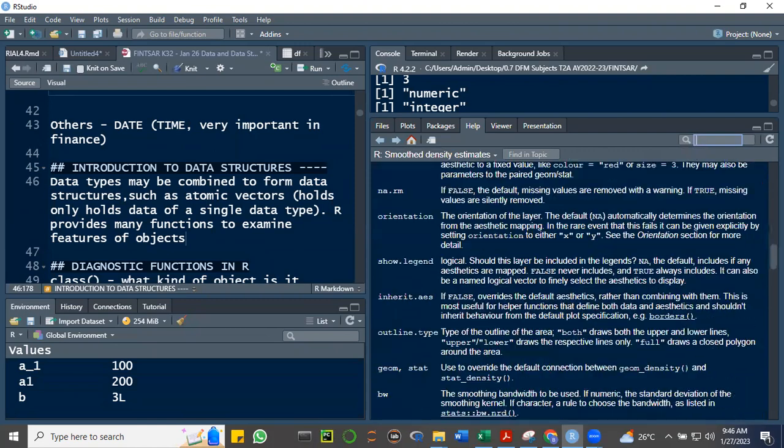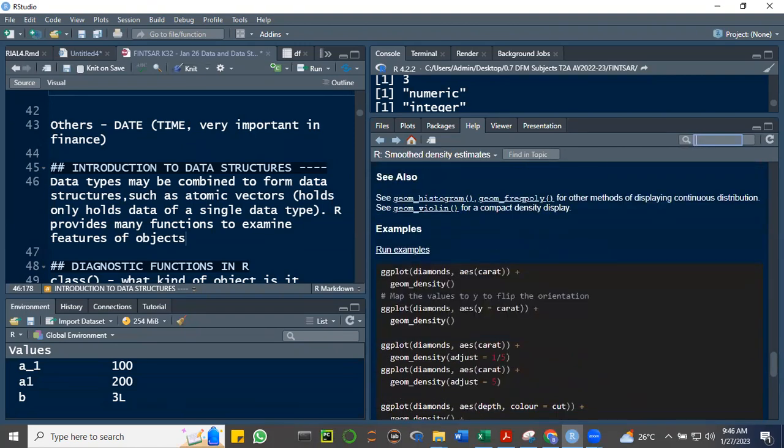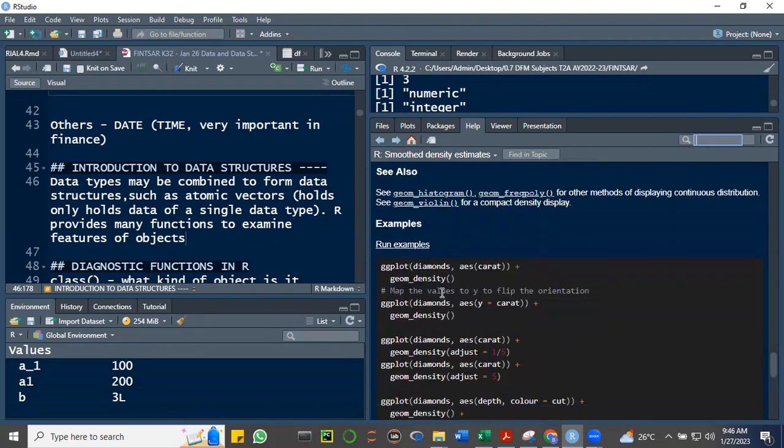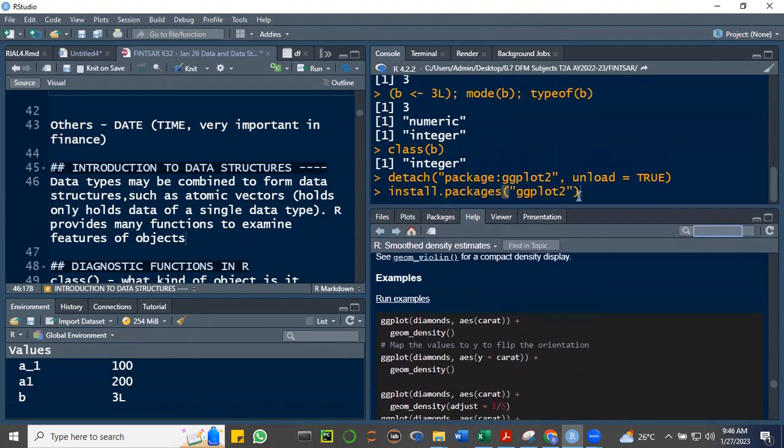Okay, but it's long. I wanted to run something. Maybe this one. Okay, this one. We can do this. Okay, simple code. All right. So first, the ggplot2 package also comes with